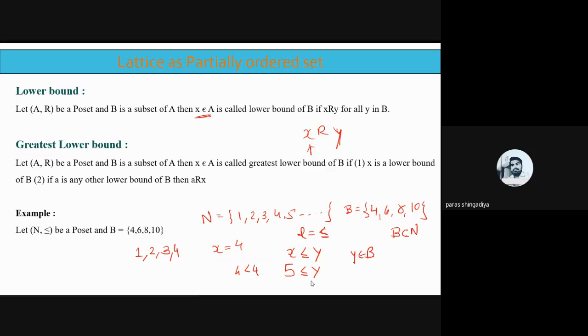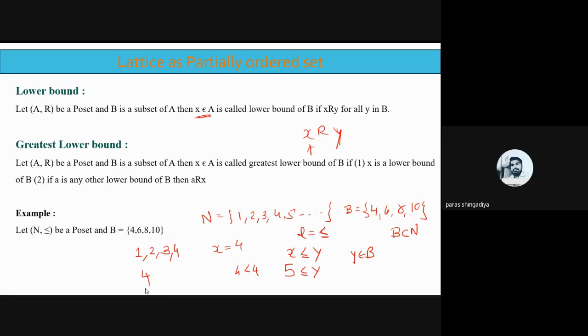So this is the answer for lower bound, and now let us check the greatest lower bound. So we'll use these values to identify the greatest lower bound, okay, meaning the greatest value in this answer. 1, 2, 3, 4, 4 choices we have, and these are known as lower bounds. Clear? And now among that, which one is the greatest value? So 4 is the greatest value there, in comparison to 1, 2, and 3. So we can say that 4 is called the greatest lower bound.